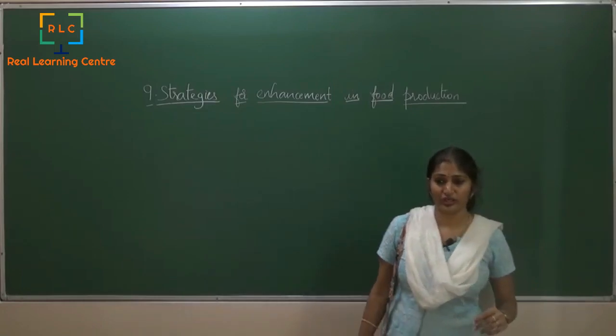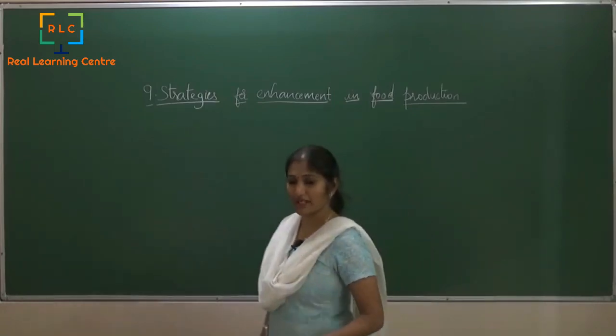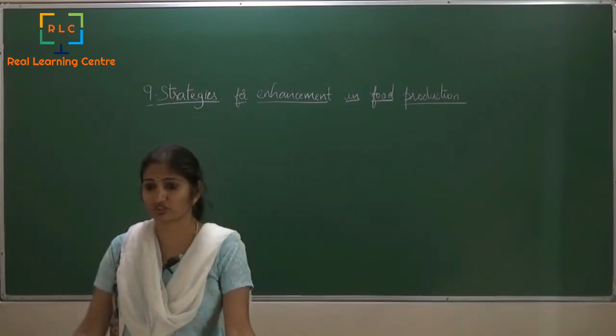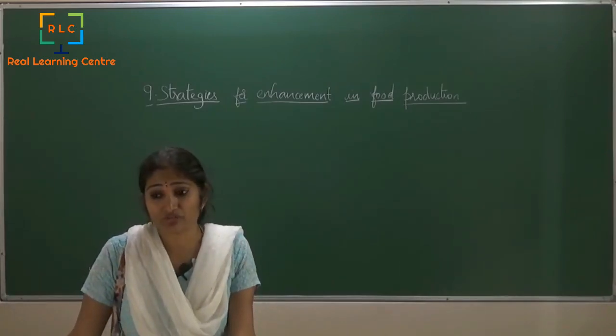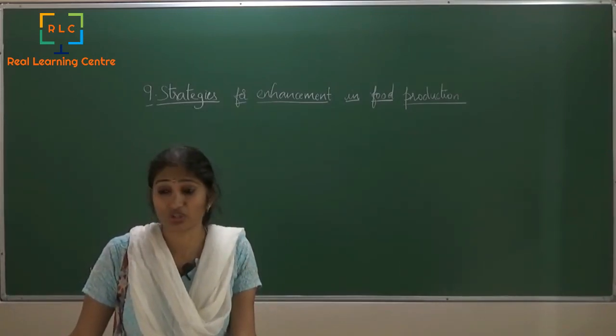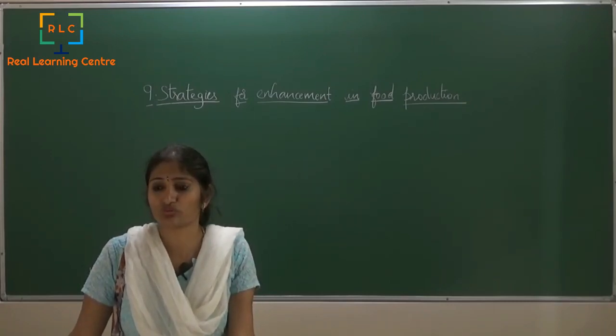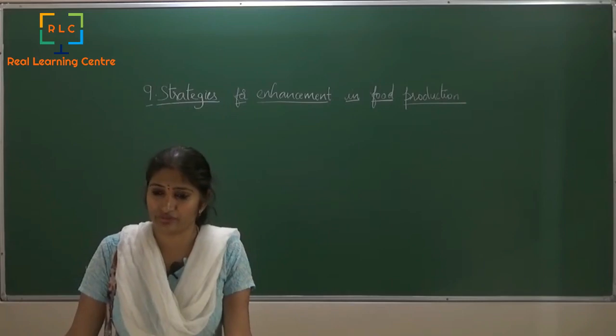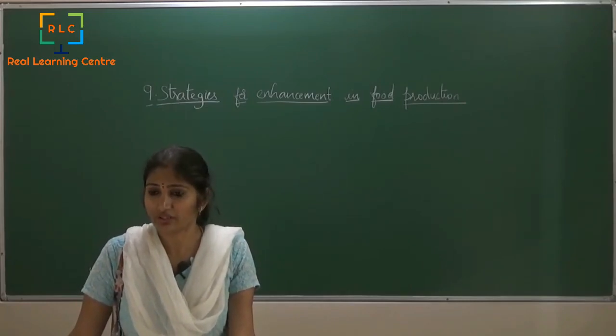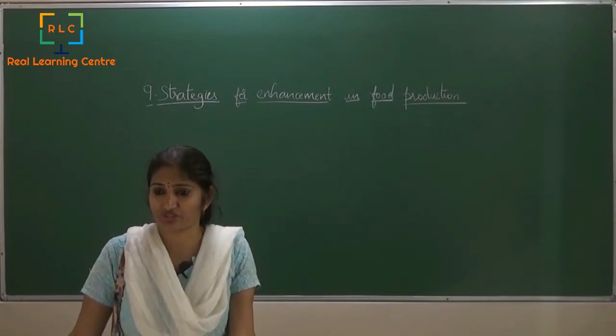population, because any organism, if it has to survive and thrive, food is something which is very important. Without food we cannot survive, right? So if the population is increasing and we all should eat, how can we get food for all these people? There has to be some mechanism where we can increase the yield of food that we are growing. We should increase the food production.